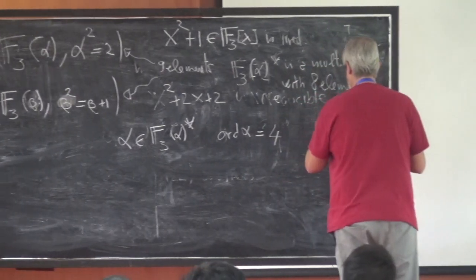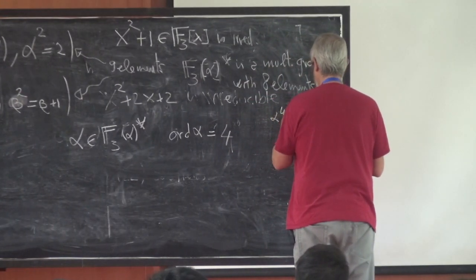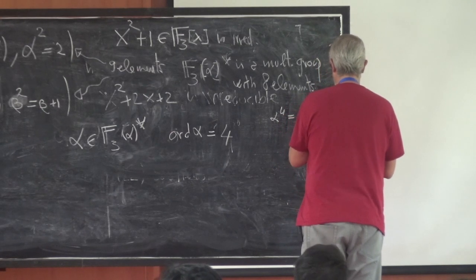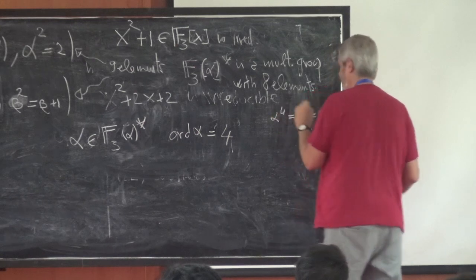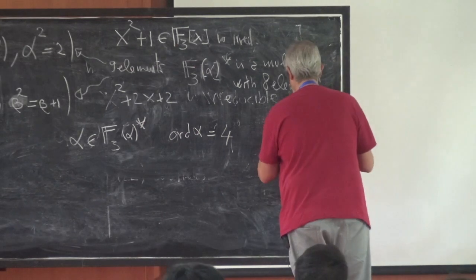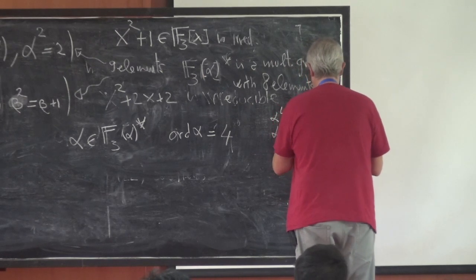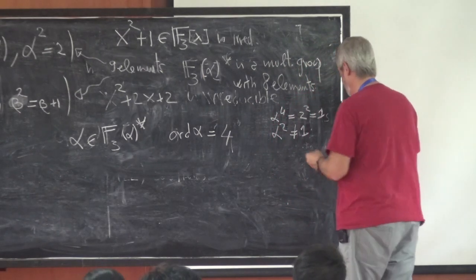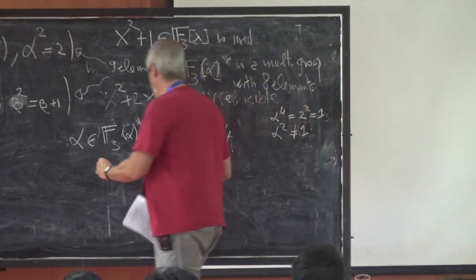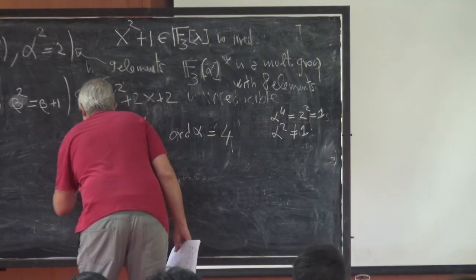Because alpha to the power 4 is equal to 2 squared, which is 1. So the order has to be a divisor of 4, but alpha squared is different from 1. Okay? So the order cannot be 2, so it has to be 4. And now if we want to do the same with beta,